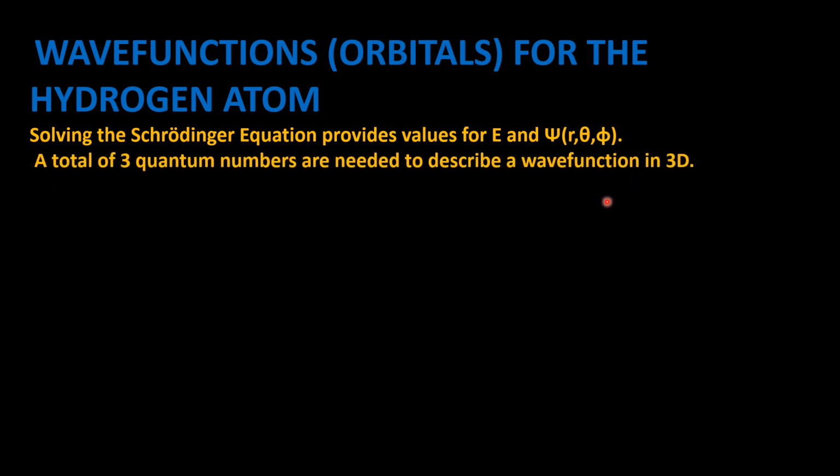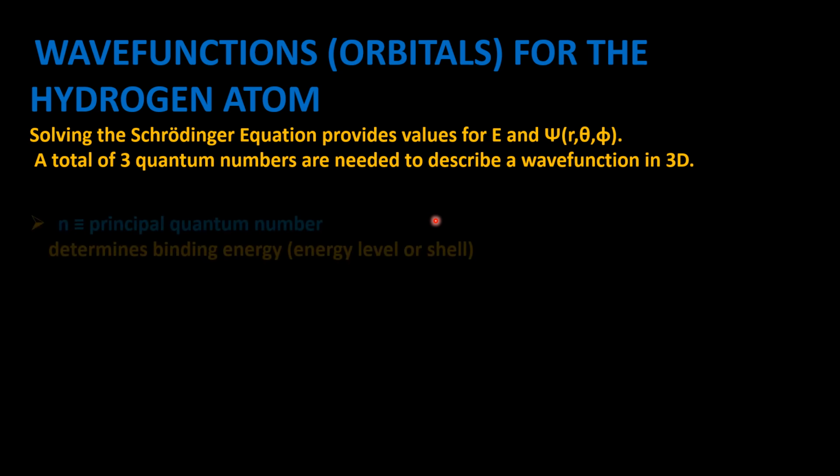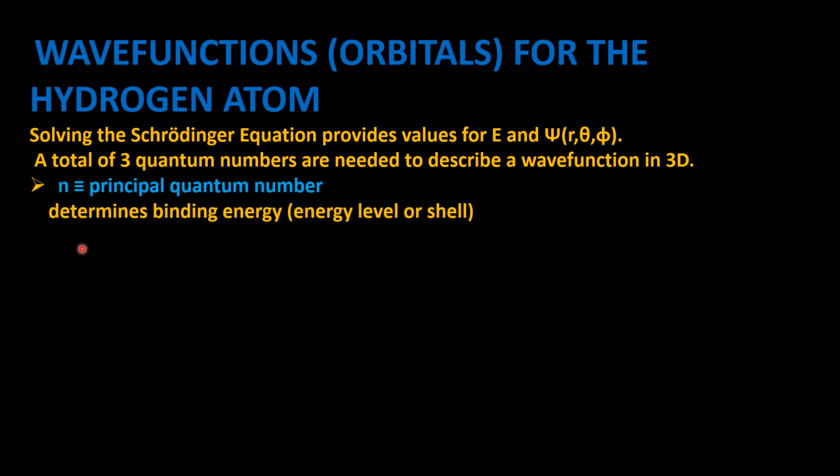All three quantum numbers are needed to describe the wave function in 3 dimensions. So if we want to know about the wave function, we must know about the three quantum numbers. The first quantum number is the principal quantum number n, and it determines the binding energy, that is